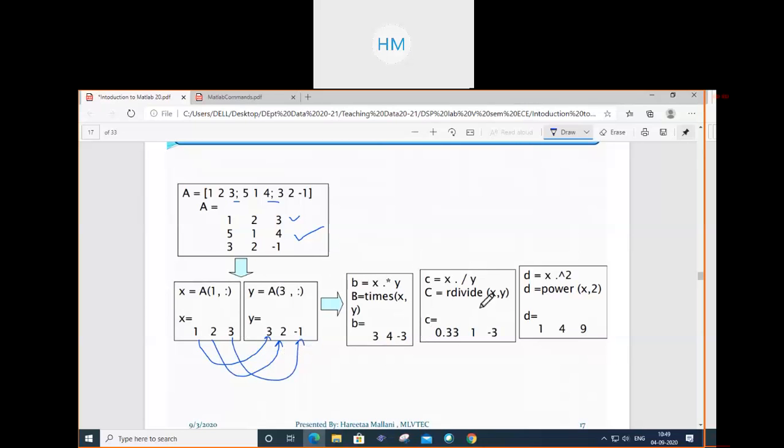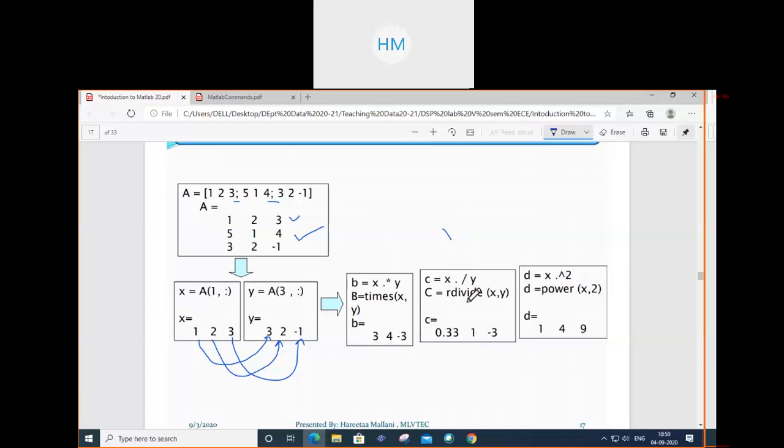Okay. Then x divide by y. See, there are two operations, right side and left side. The left side oblique will be like this. This is my right side division, the other is my left side division. So rdivide(x,y). What will happen? Each element of x will be divided by y. So you will get the output. Then power(x,2). All the elements of x will be raised to the power 2.